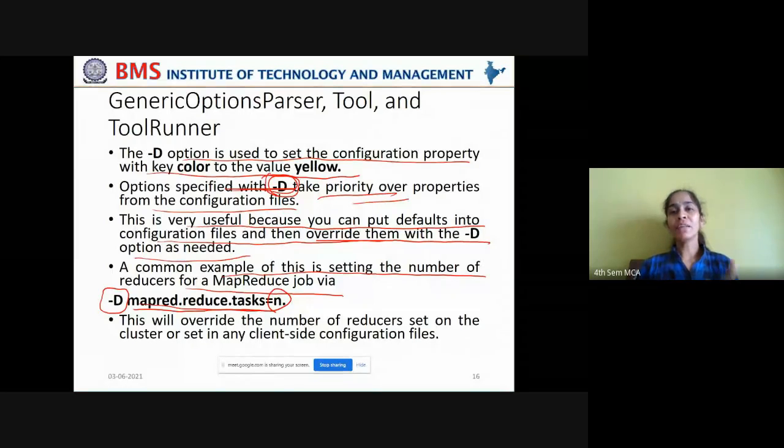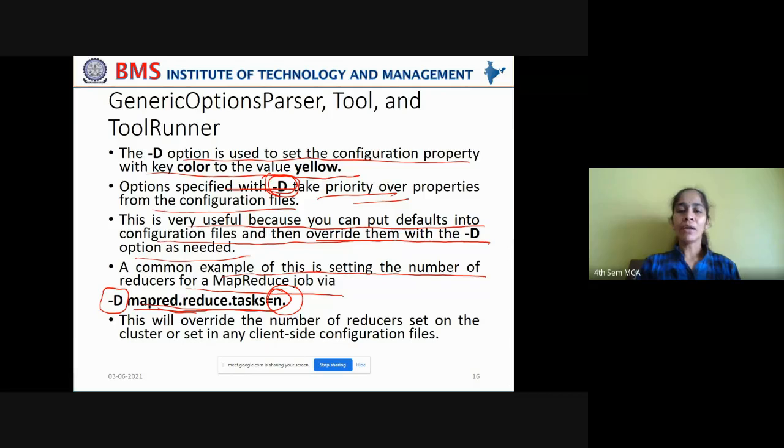You have seen that in your scaling out topic. Remember, you can opt to have a number of reduce tasks or no reduce tasks at all. In such cases, you can initially give some number of reduce tasks, and later, based on your requirement, if your processing task is too large, you may increase the number of reduce tasks. If the processing task is smaller, you can reduce the number of reduce tasks.